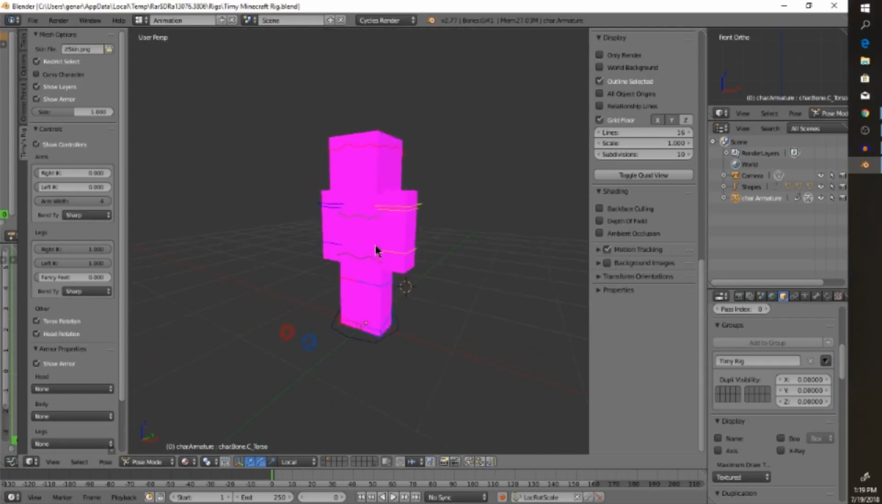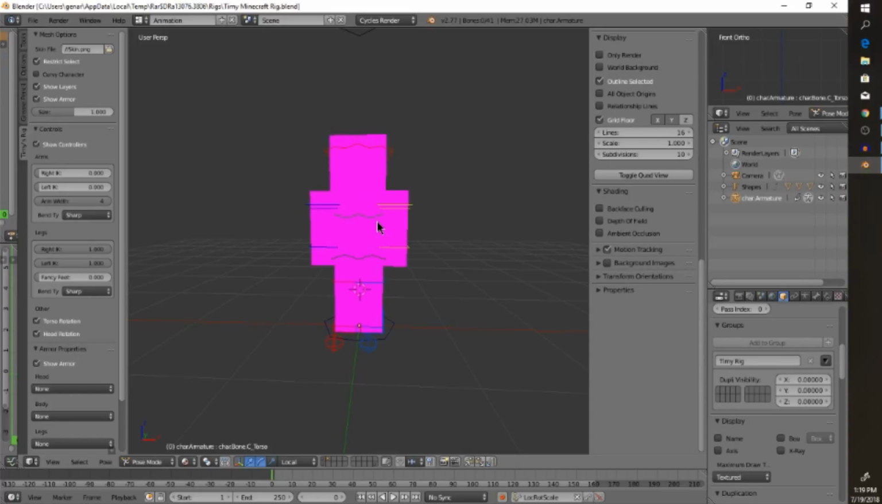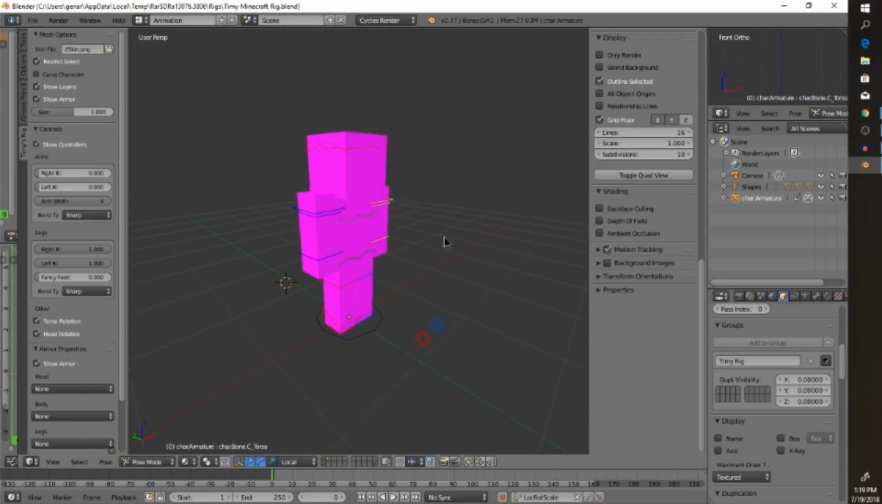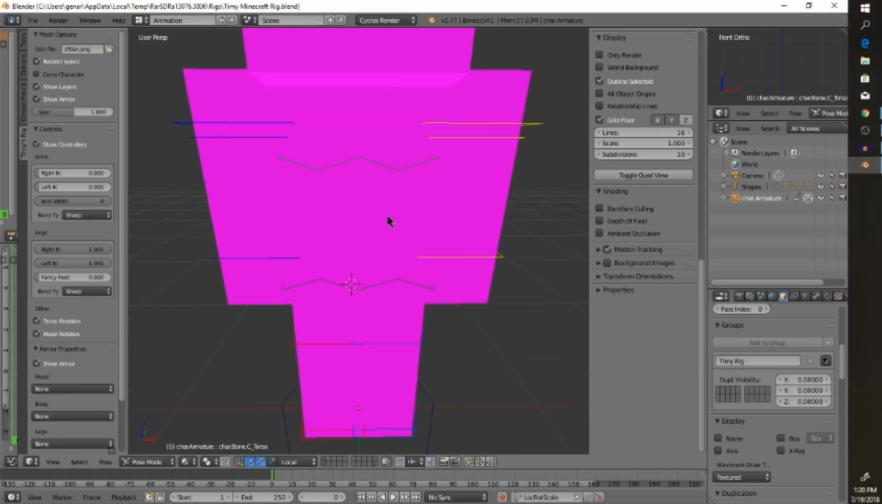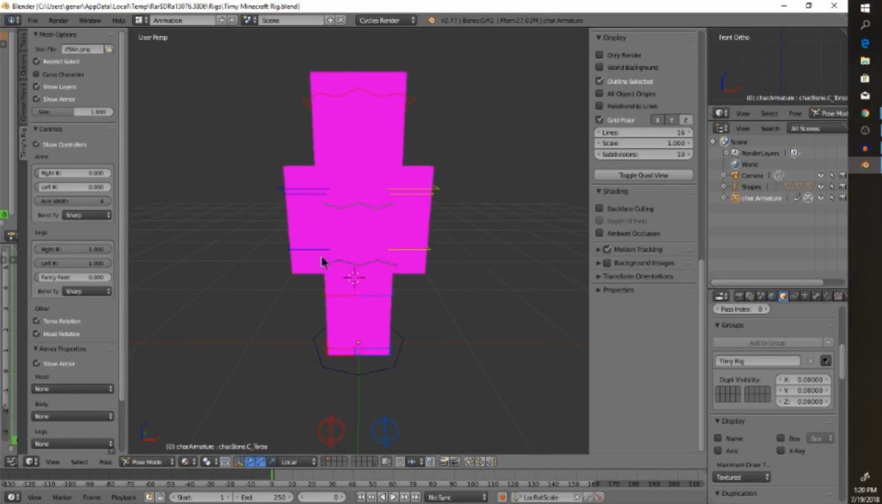If you guys don't know how to use Blender, what I do to look around is I hold the little scroll button, click and hold, and I do this. But if you want to get closer to the character, I just scroll in like so. It's really simple. So this is how it should look,